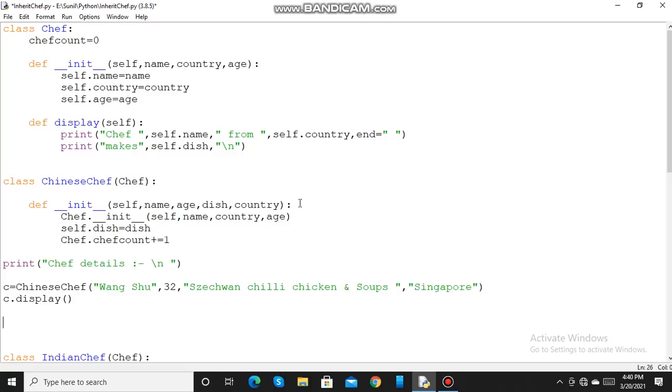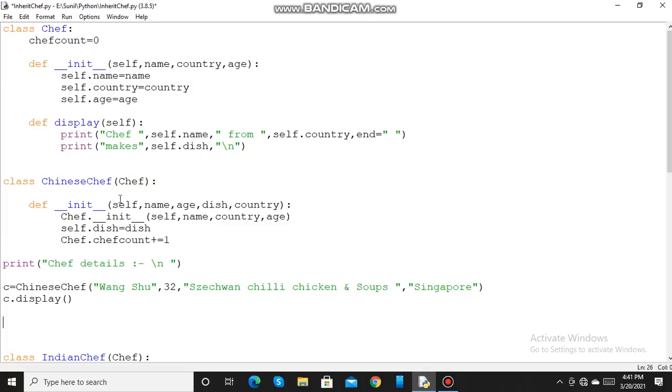The init method is also known as constructor. So when this init method is called, the arguments are passed to the variables in this init method. So Wang Shu is moved to name, 32 is moved to age, Szechuan chili chicken and soups is moved to dish, and country is initialized with Singapore.